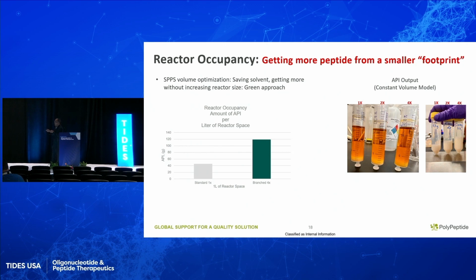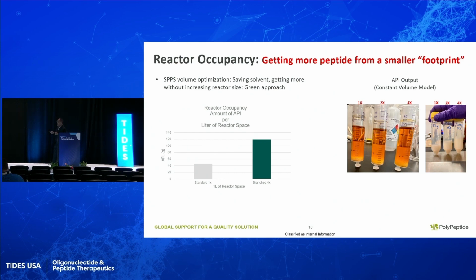But when you cleave it, the peptide coming out, you can see 4X is significantly more than control 1X. So this is what I was talking about, the volumetric size. From the given reactor size, all 3 in this case would have the same reactor size. You just get more peptide